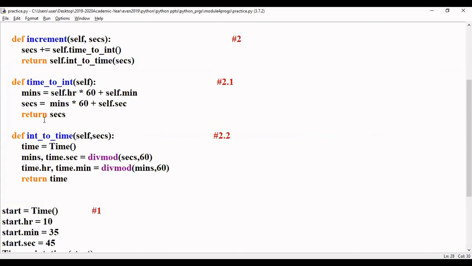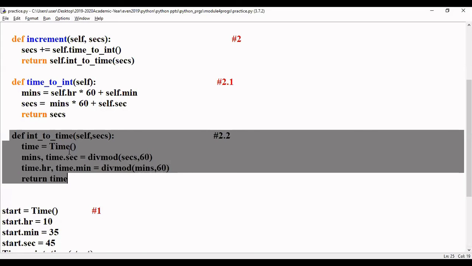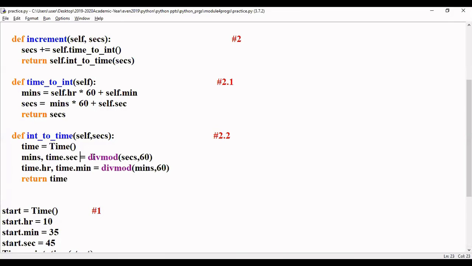Now, def int_to_time(self, seconds). This seconds is being passed right here, and now this function has been called. Observe here, we are creating one more time object.